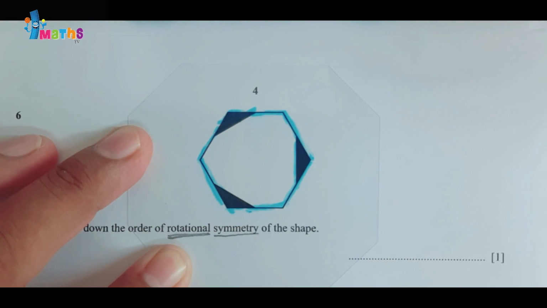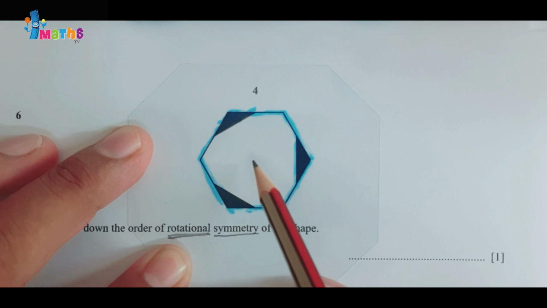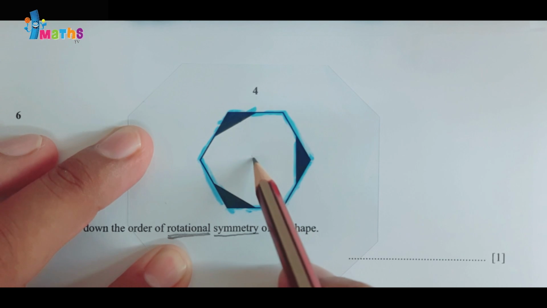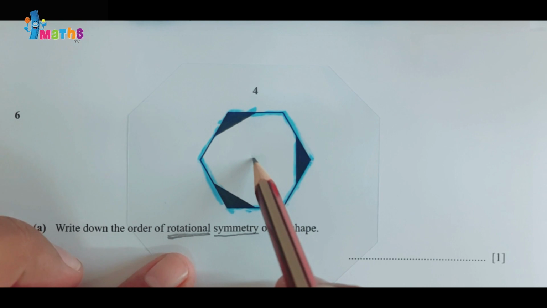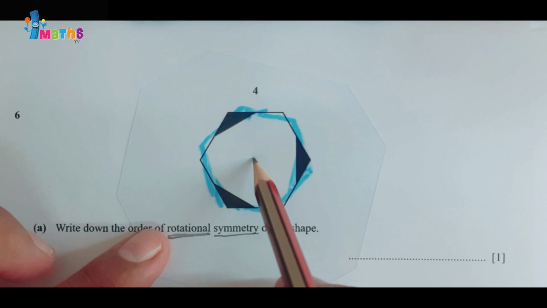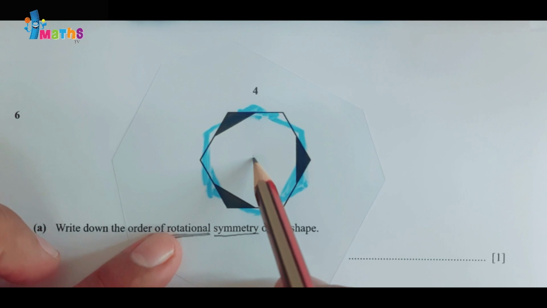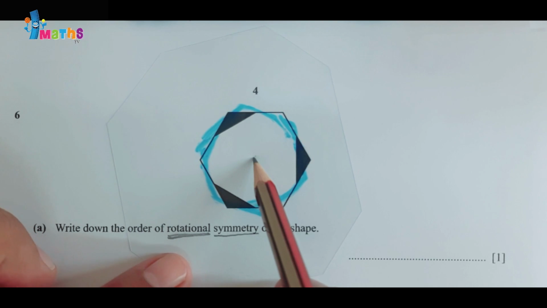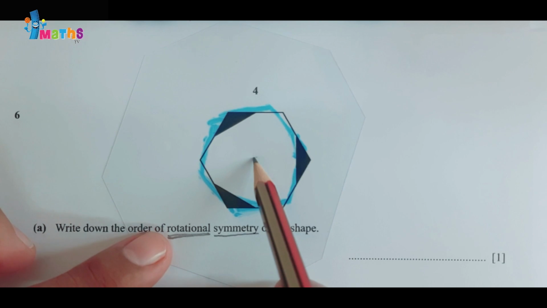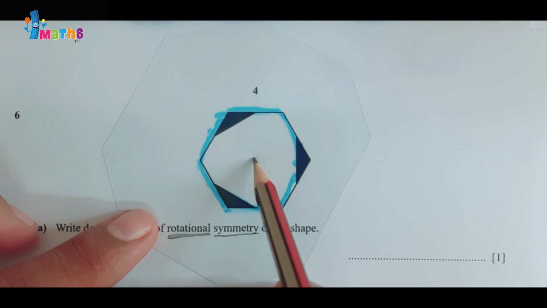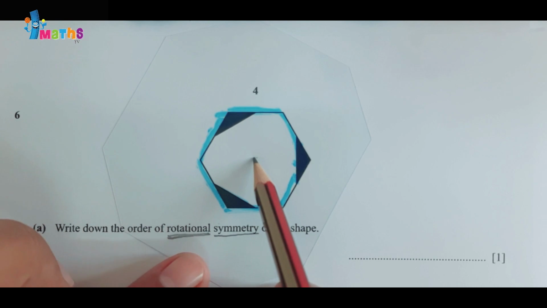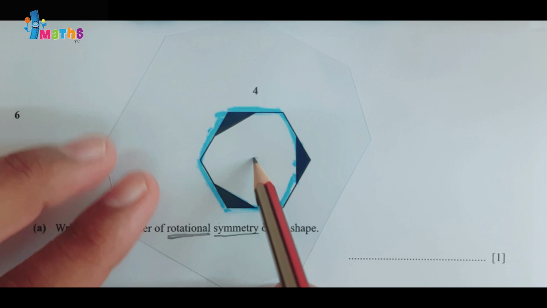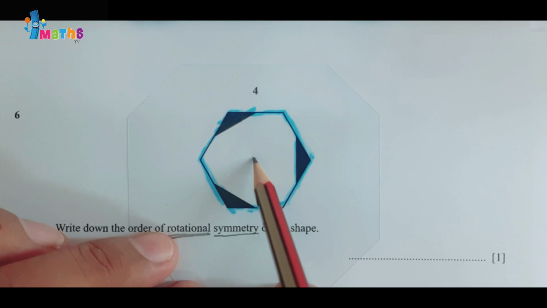we will check rotational symmetry. For rotational symmetry, I will put pencil almost in the middle, roughly in the middle, and rotate this transparent sheet. See this one, it is rotating now. The filled corner is still reaching to the place, and now this one is reached at this position 1. So initially this was position 1,